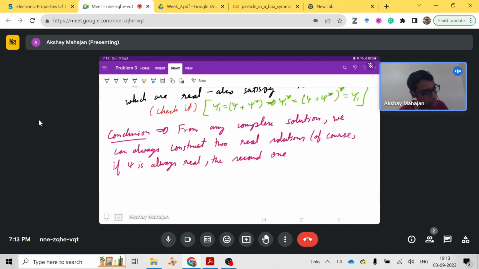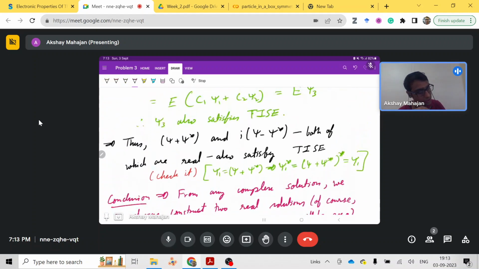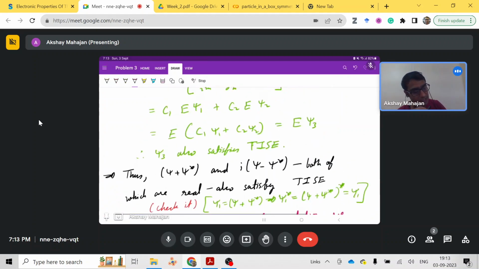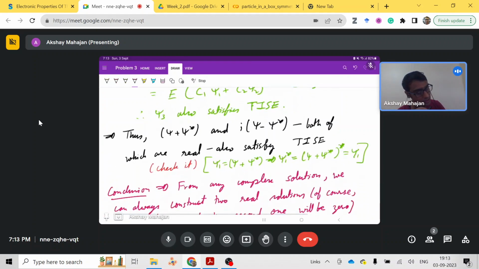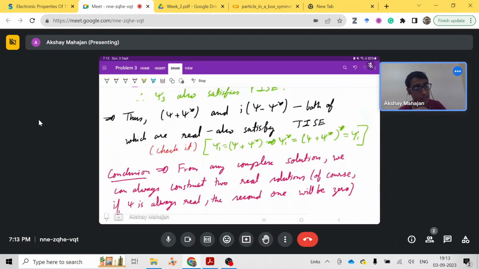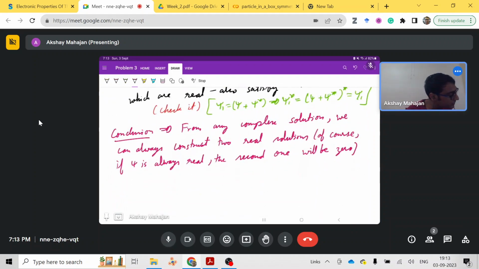Of course, if psi is real, the second solution will be zero. So we have proved that from any psi we can get two real solutions. Both are real, and you can check that they satisfy the equation as we proved here, and that they are real as well. Also, if psi is real, then psi equals psi star, and the second one will be zero only. So in particular,